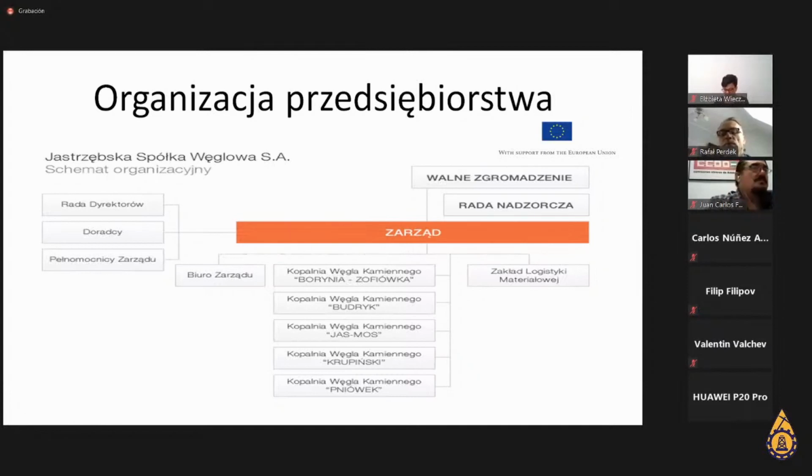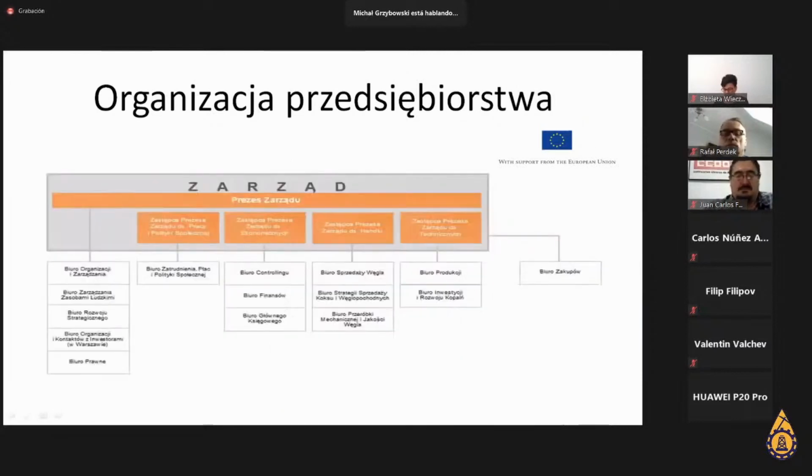This is a very general structure, and there is a clear division and a clear assignment of tasks. This is an example of another structure. In this structure, we can see there are the deputies of the president of the management board. There is a clear division of duties. So, the president of the management board directly oversees the